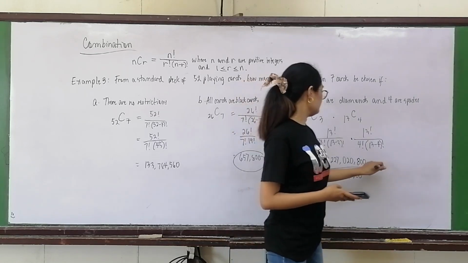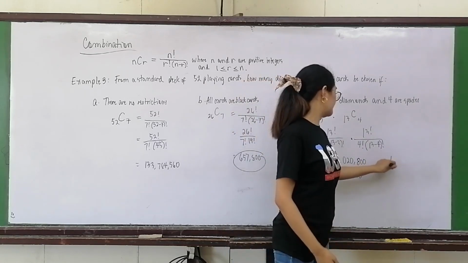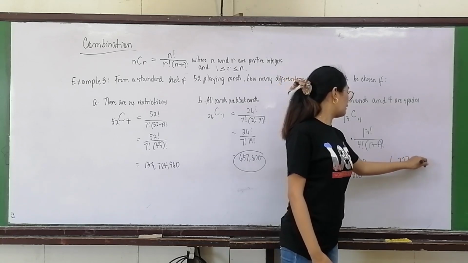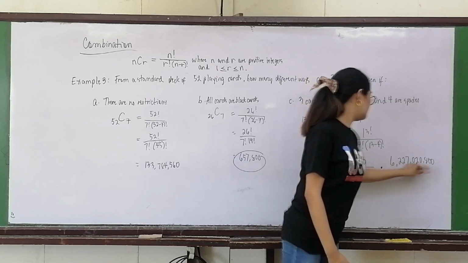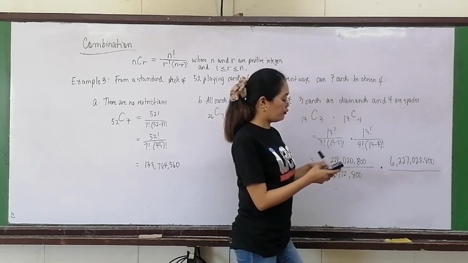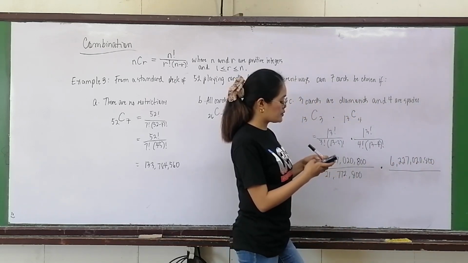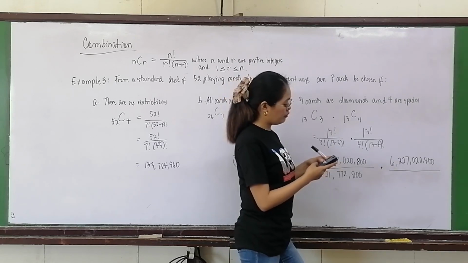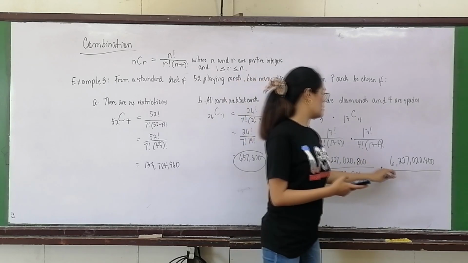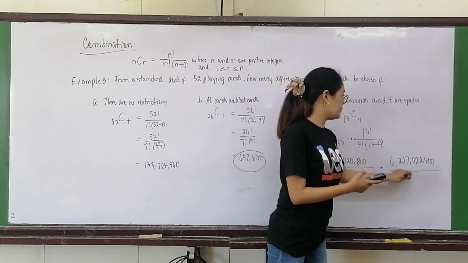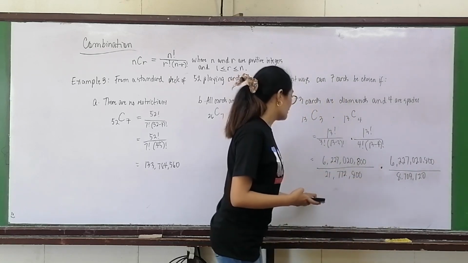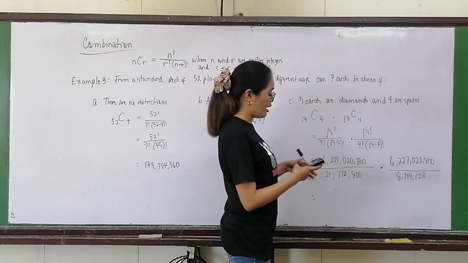Times again 13 factorial, divided by 4 factorial times 9 factorial, giving us 8,709,120. Simplifying this,